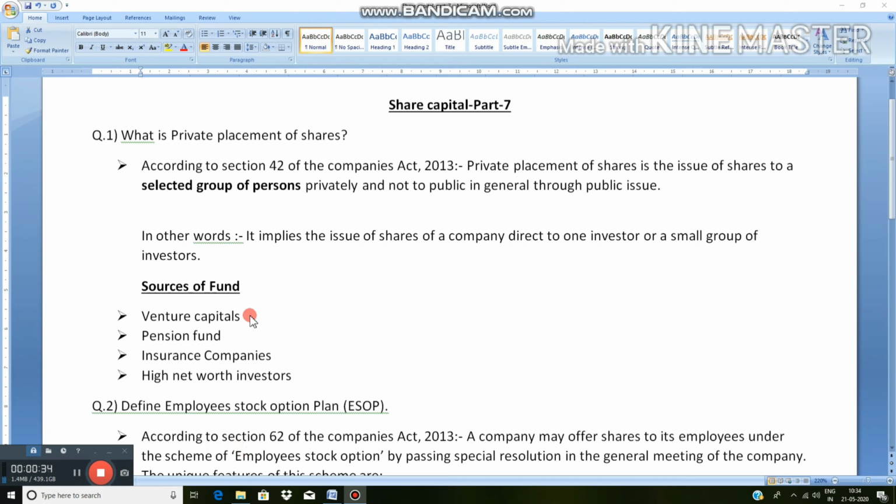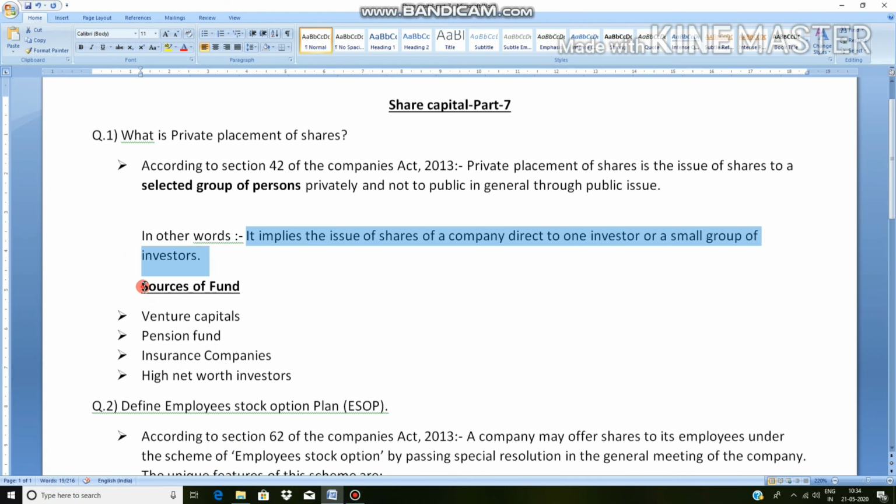capital. You can also watch on your screen the sources of funds where the company gets funds by issuing or placing privately to any investor. That is venture capitals, pension funds, insurance companies, high net worth investors. So the company offers to some big venture capital, pension fund, insurance companies, high net worth investors to purchase its shares